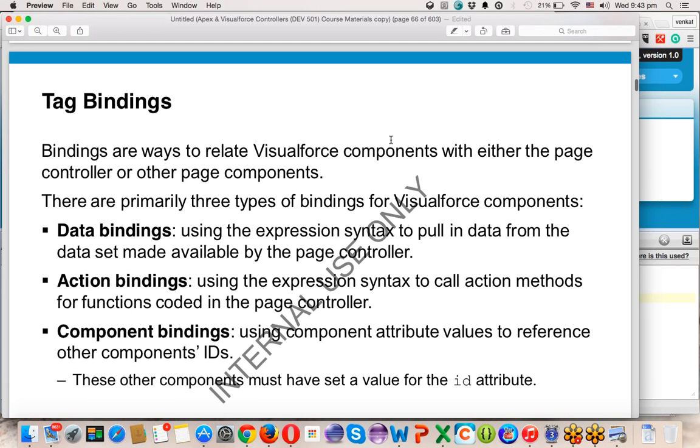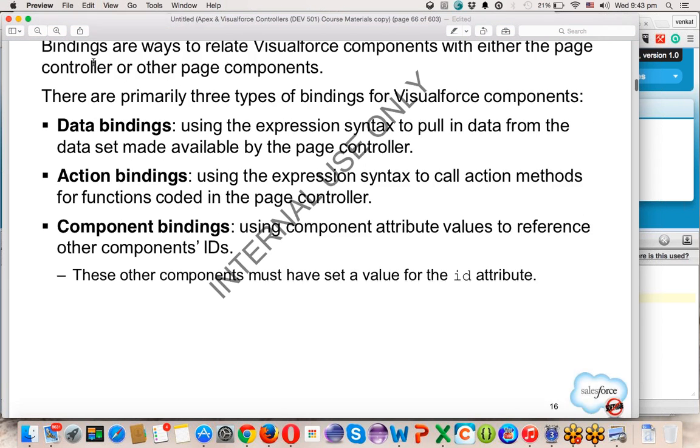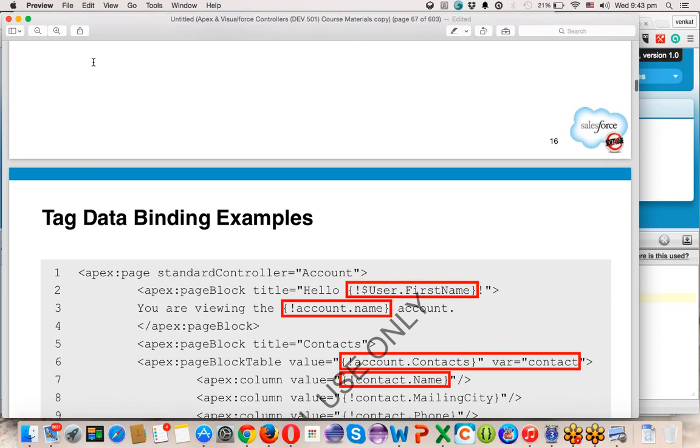Okay, and tag binding. You can bind the tag with some data, with some value; tag with action. You can bind action methods with the action tag. You can even do component binding using component attributes. You can pass these things to the other component which is embedded in this page. These three types of things I can do. This is called